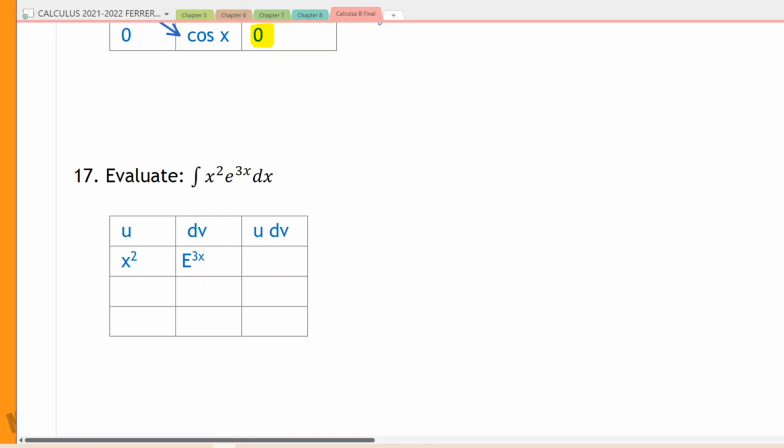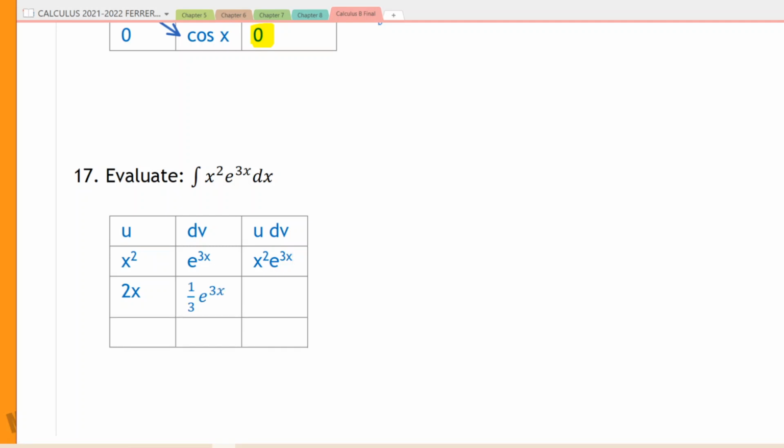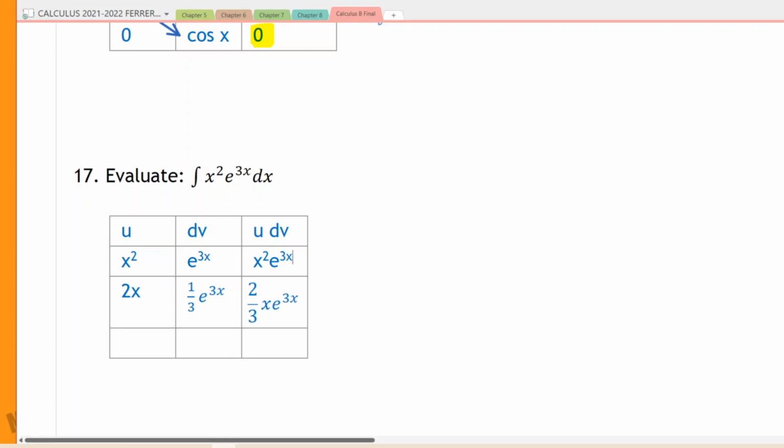All right, we're ready for our first step, which is to do the derivative. The derivative of x squared is 2x. Now be careful here because we need the antiderivative. And the antiderivative of e to the 3x, well, that's 1/3 e to the 3x. Let's multiply that out together. That's going to give me 2/3 x e to the 3x,